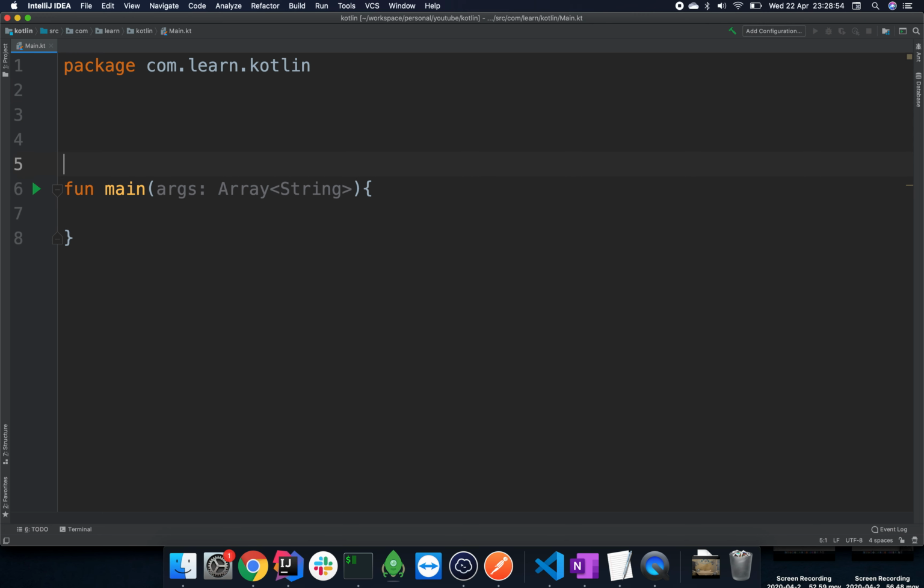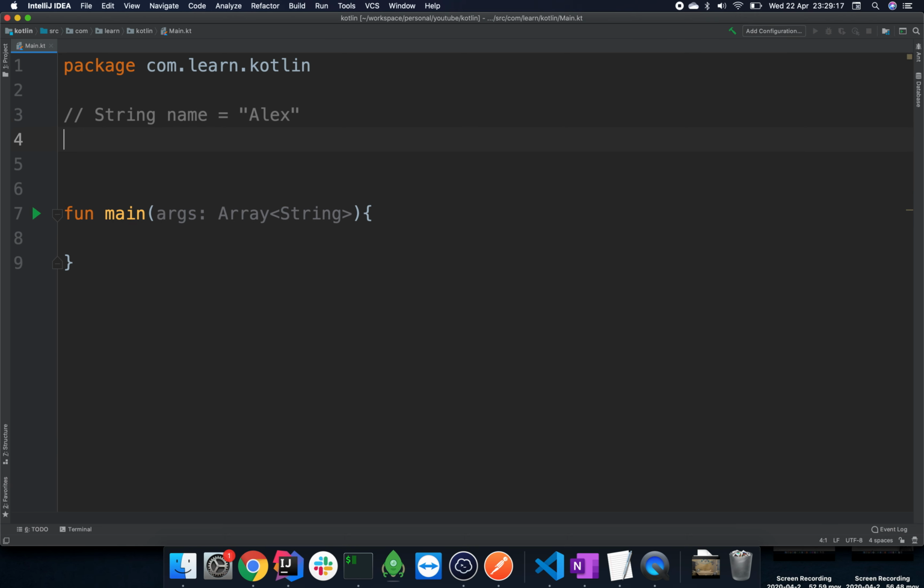Right, let's get into creating variables. If you're familiar with Java, you know that in Java you used to create variables like this. You give it the type of the variable, you give it a name, then an equal sign, and then you give a value to that variable. In Kotlin, you have a slightly different mechanism for creating variables. Kotlin is a statically typed language like Java, which means you have to specify the type of the variable that you're creating. However, Kotlin